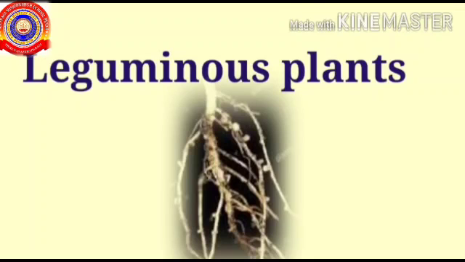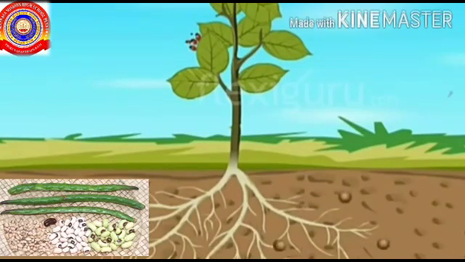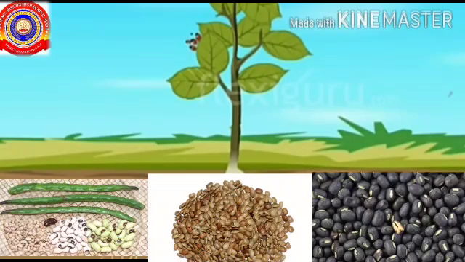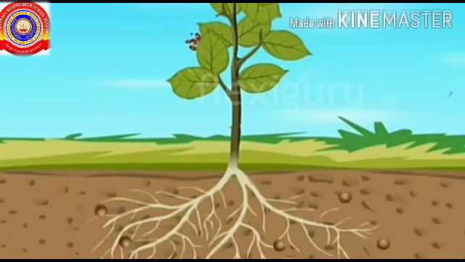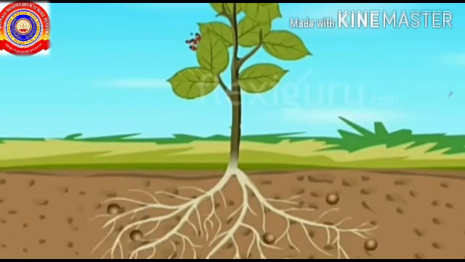Next we have discussed leguminous plants. Pea, horse gram, black gram are examples of leguminous plants. Rhizobium bacteria are present in the nodes of roots in leguminous plants. They can absorb atmospheric nitrogen as nitrate and keep it in their roots. When they decay, the plant nutrients are added into the soil. The crops of the next season can utilize this.